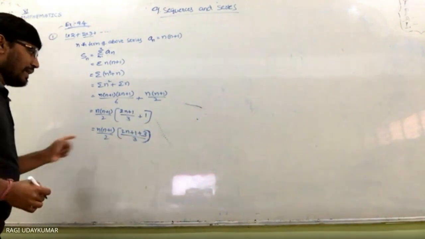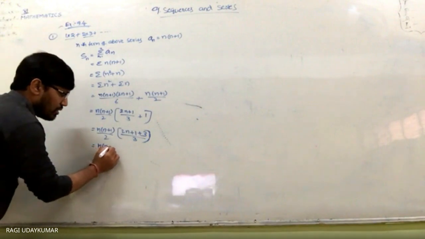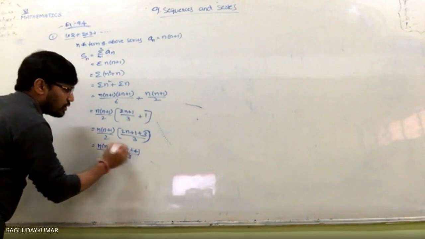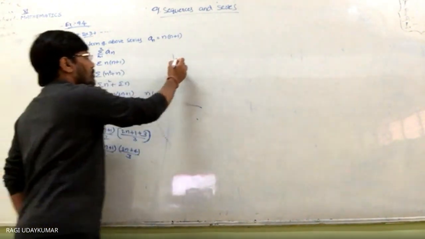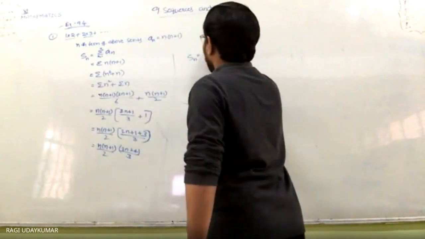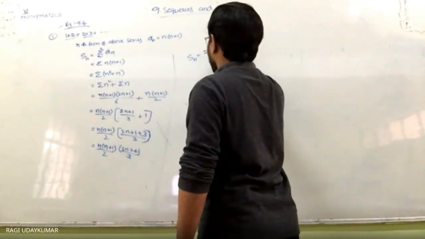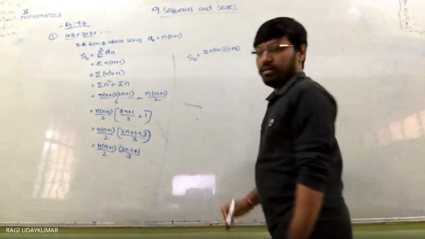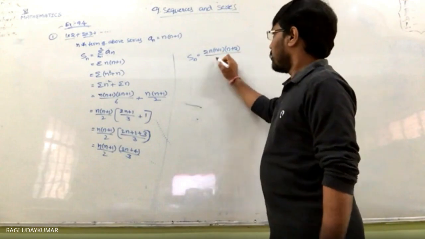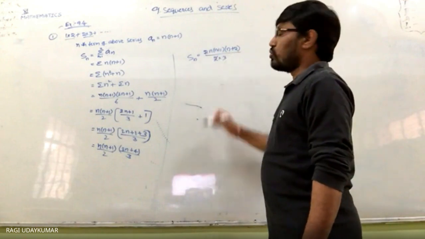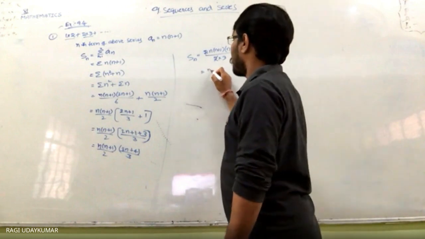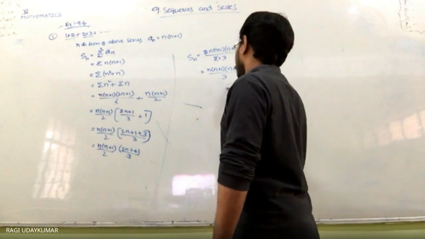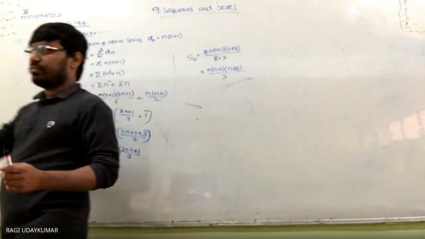So you can take the 2n plus 4. You are given n into n plus 1 by 2 and 2n plus 4 by 3. From this you can take the 2 common values. So what you can get is n into 2 into n plus 1 into n plus 2, if you are taking n plus 2, divided by 2 into 3. So 3 and 2 will get cancelled. So the sum of the n terms we are going to get is n into n plus 1 into n plus 2 divided by 3. Did you understand here?